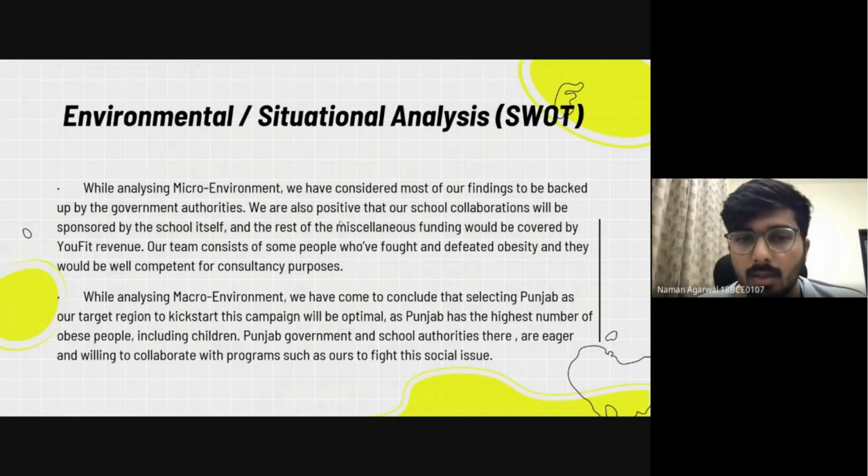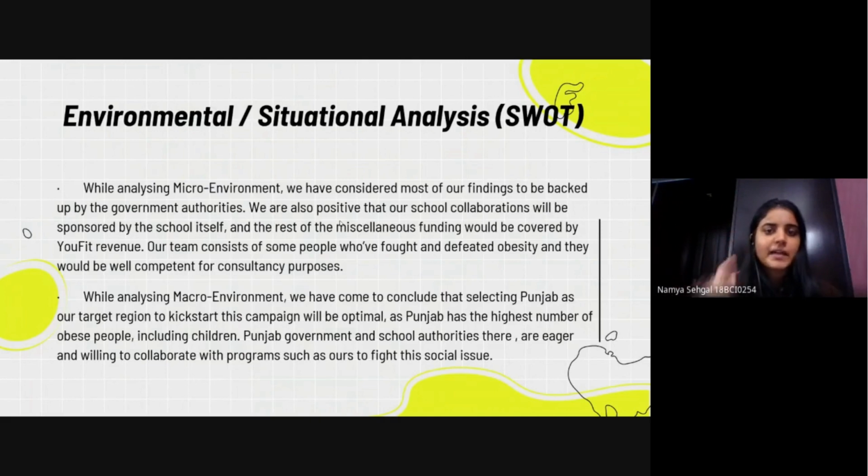consultancy purposes. While analyzing the macro environment, we have chosen the state in India to be Punjab because our research clearly indicated that Punjab has the highest number of obese people, including children. Among children, that's what our topic is. And the Punjab government and school authorities are eager and willing to cooperate with programs such as ours to fight